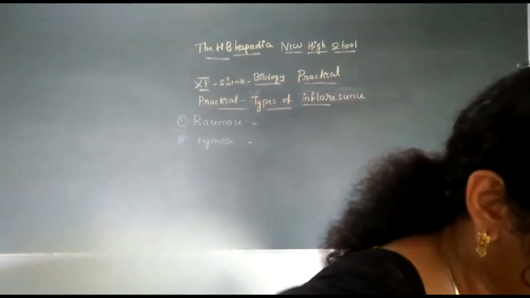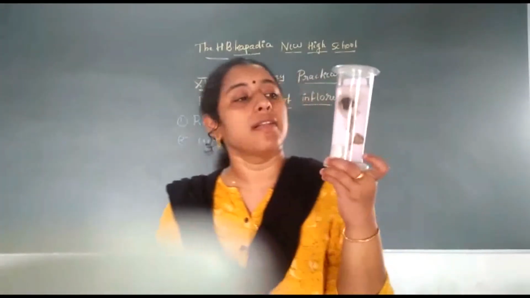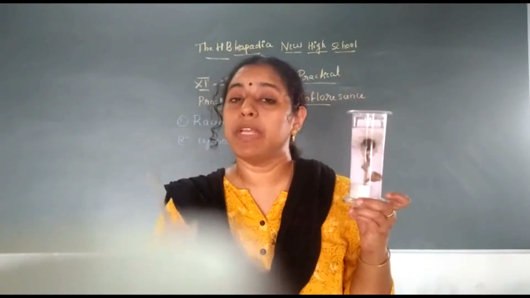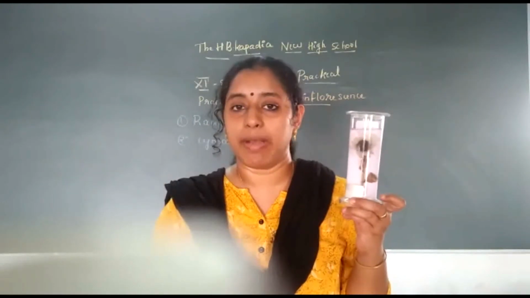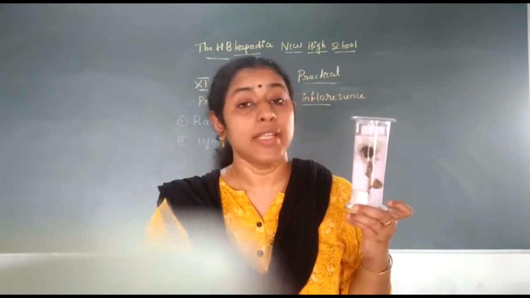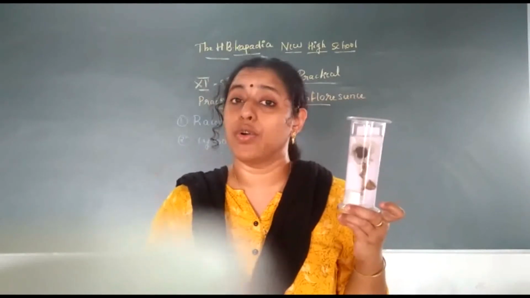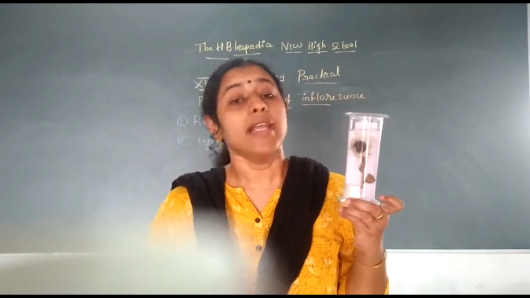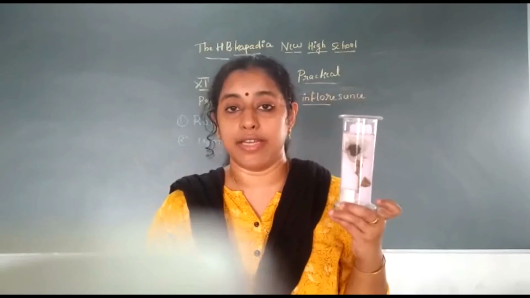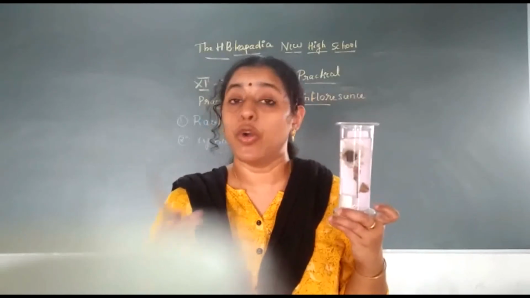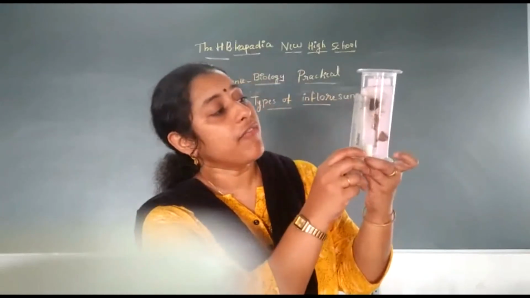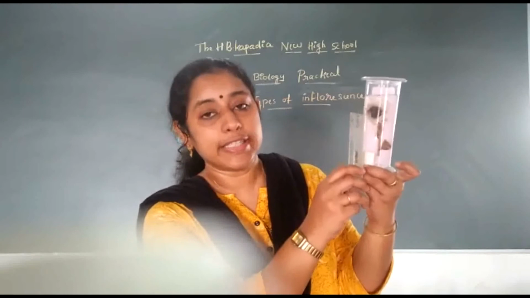Now, the second type of racemose inflorescence is the capitulum inflorescence. Normally, we can find capitulum inflorescence in the Compositae family. One of the examples is the sunflower. In sunflower, the inflorescence is normally capitulum inflorescence. In capitulum inflorescence, you can find a number of flowers arranged in a radial way. Normally, you can find two types of flowers. The first one is called the ray floret and the next one is called the disc floret.